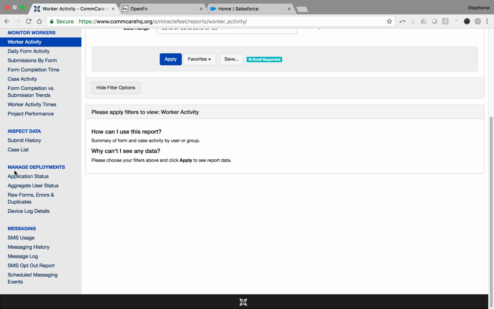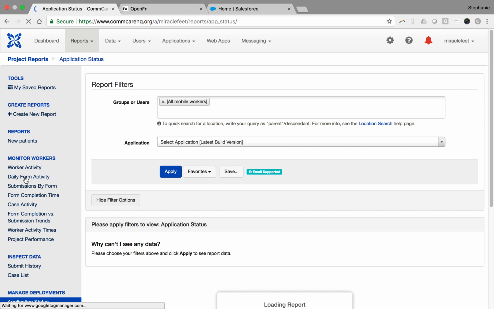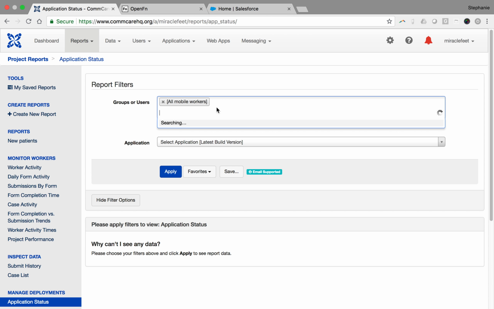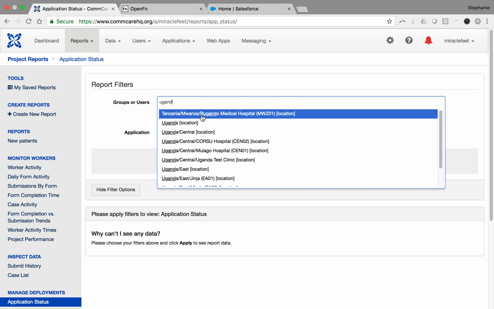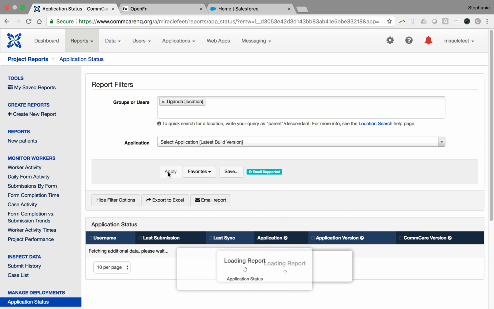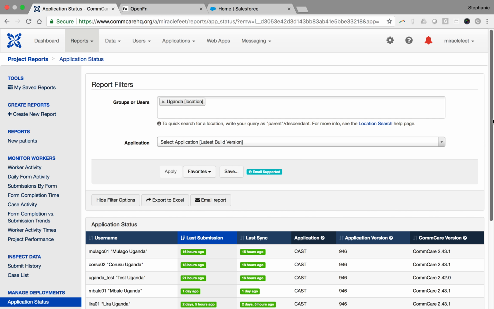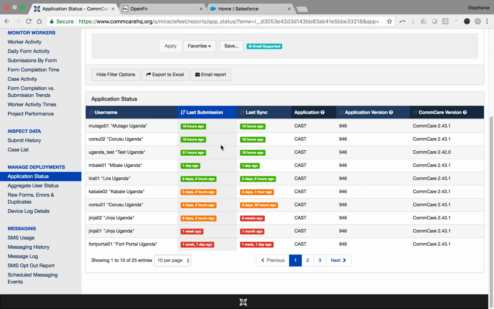Another really key thing I look at is under managed deployments, the application status. And if you wanted to, let's say for one country, see whether they're syncing the phones and submitting data, you can come here and you can see your users and when they last submitted a form, which means that the phone had internet connection and submitted it. And last sync means that they physically pressed the sync button on the phone. And so syncing is the only way that they can get information from other phones or from CommCareHQ. So we want to see both that they're sending data, but also that they're syncing the phones to see full